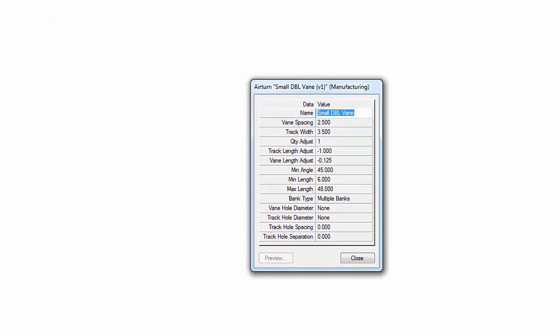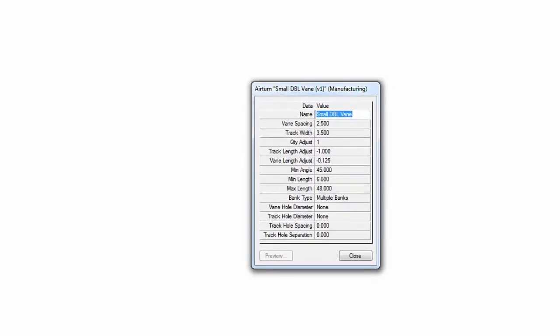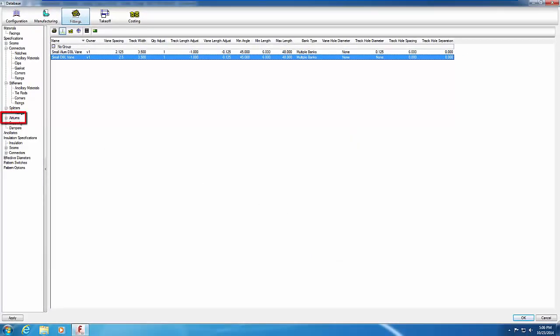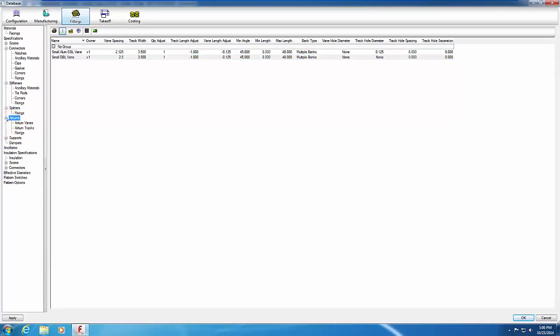As with previous specifications, the values can be changed. Notice that the minimum angle is set to 45 degrees. Splitters will not be added to wide ducts with a direction change of 45 degrees or less. Close this window. Expand the air turns listing in the left menu to display the components that make up these